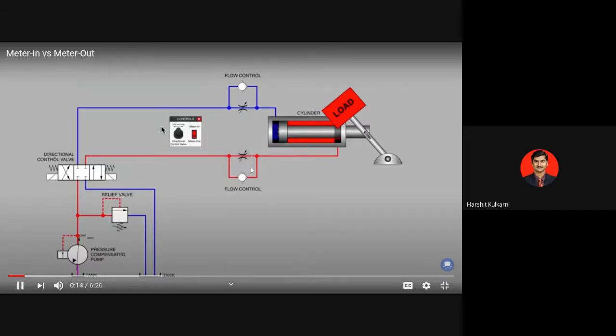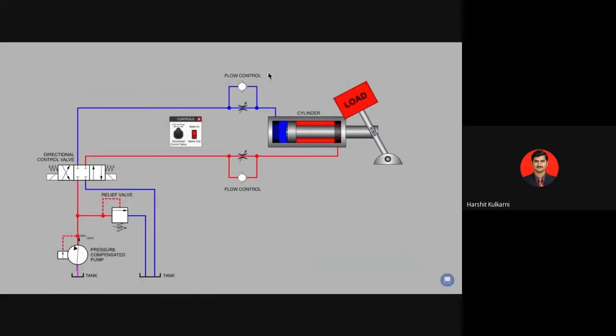So we'll cover flow control and the concepts of meter in versus meter out. At its most basic level, flow control is used for controlling the speed of a hydraulic cylinder, which is often nothing more than a very simple form of needle valve, along with a free flow check valve. The check valve is usually built right into the same package as the needle valve. So the way we have this particular flow control plugged into the blind end of the cylinder, we are currently set up for a form of flow control called meter in.